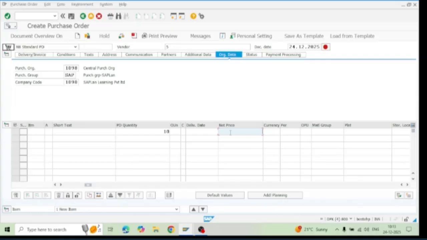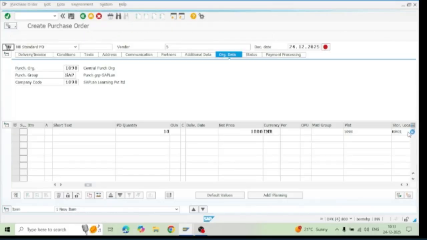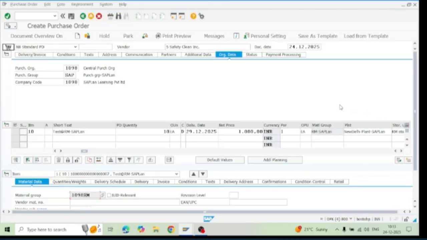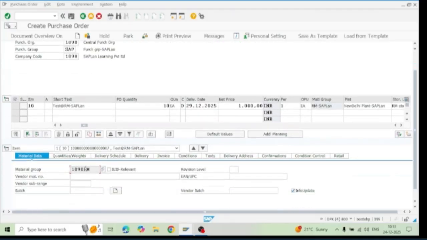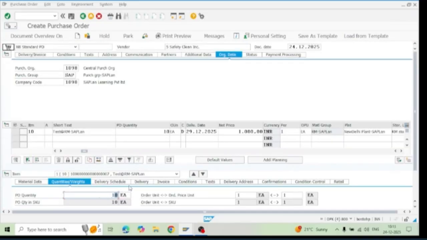So if you manually put the price, let's say the price is 1000, with the currency INR, plant is 1098, and storage location, since it is a raw material, I'll put the raw material storage. After putting, enter all the details here. Okay. And then after entering all the details, now you check the material groups and your quantity here, 10 quantities,